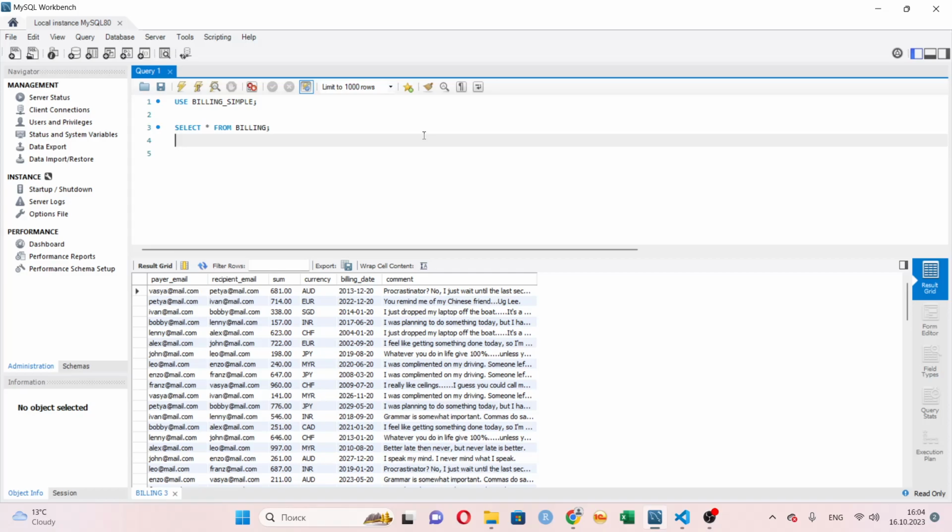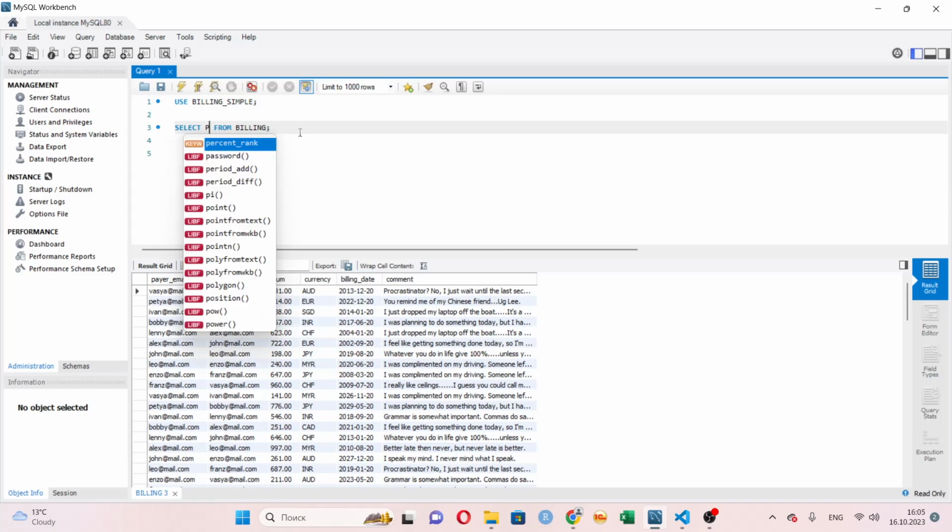Here we have displayed all the details about our billing, okay? How to write a column, let's say maybe display separate specific columns. We can say, for example, you see it's